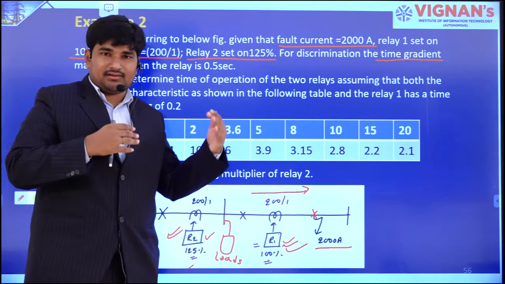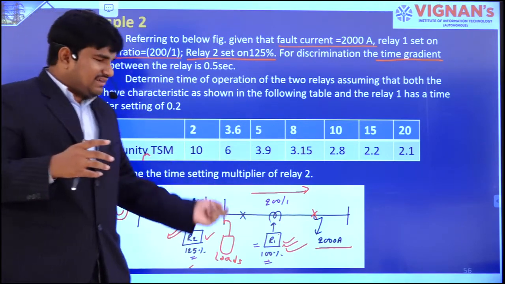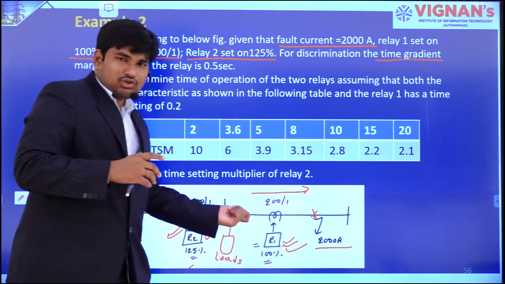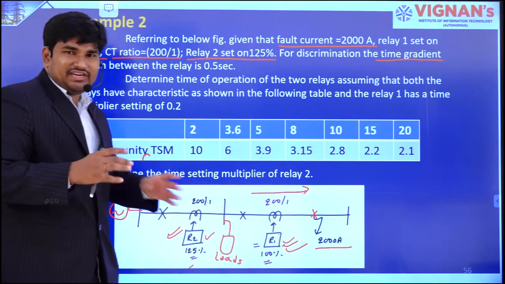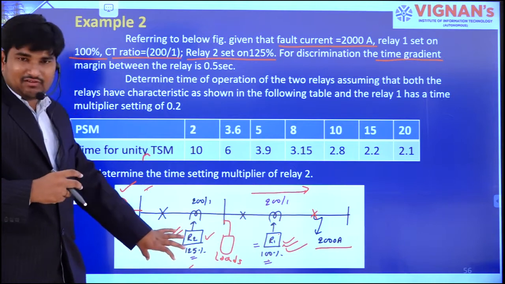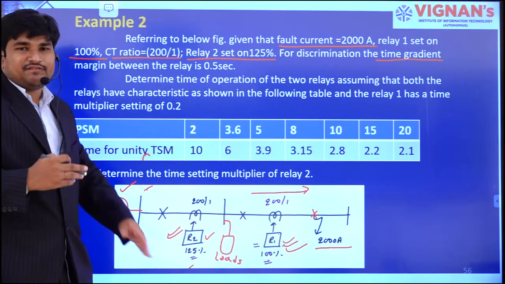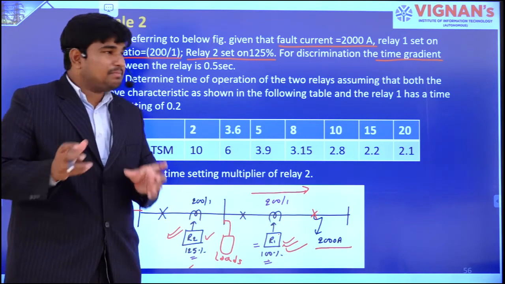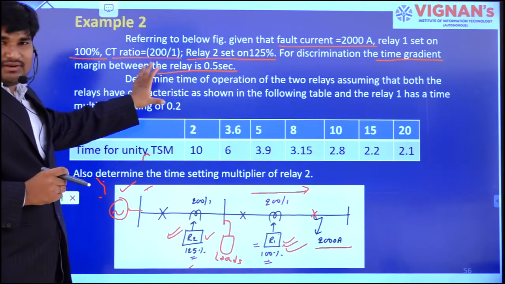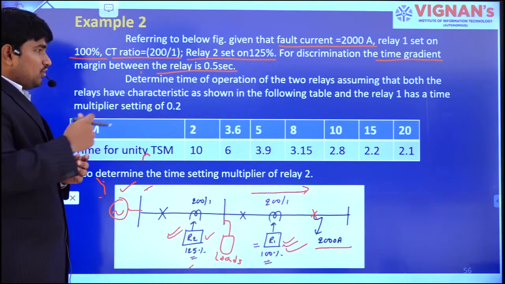While discussing introduction to circuit breakers and protection, switchgear and protection, I had discussed the zones of protection, right? To protect the system, we need to have a backup protection system. So how will it work? Relay 1 will work instantaneously, and relay 2 will work with some time delay. That time delay is 0.5 seconds here between relay 1 and relay 2. Are you getting it? Now, these are the values.